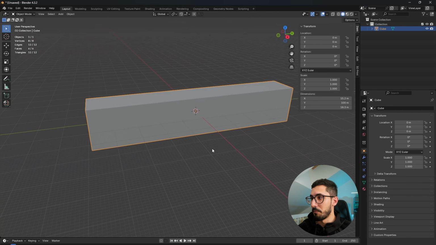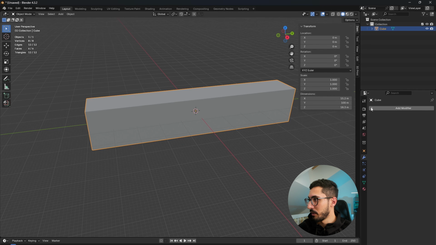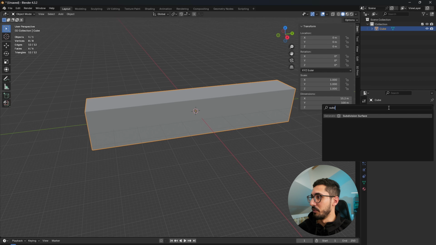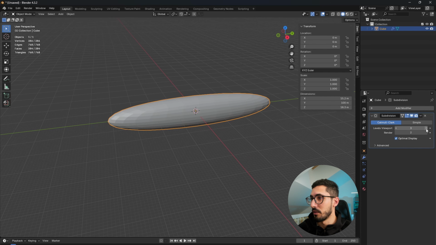Now let's talk about subdivisions. As I said, this cube currently is a block. If we come here to the modifiers tab, in this menu right here, there's a tab called modifiers. If we click on it, we will get a new button called add modifier. If we click that, we need to search for subdivision surface. If we click on that, something weird is going to happen. The reason it looks like this at the moment is because we only have one subdivision in the viewport level. But if we increase that, let's say to 4 or 5,